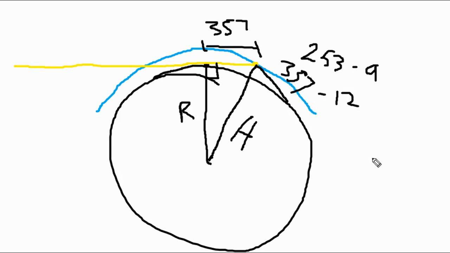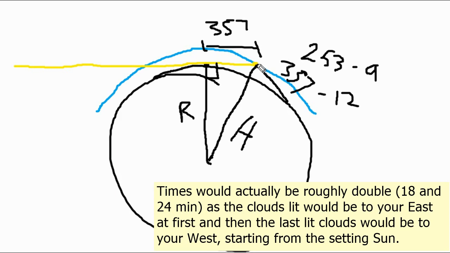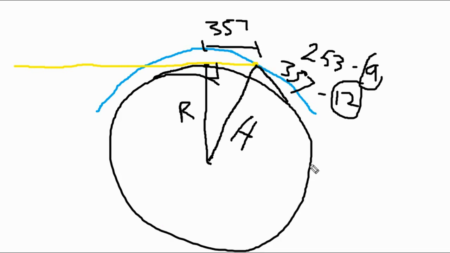In other words, if we are on a spinning ball, for the clouds that you can see, before you can't see them because you've spun away and it's dark, you have 9 minutes, you have 12 minutes. Because this light coming across a spinning ball will only affect these clouds. So, to the answer, why don't we see clouds at night if we are on a spinning ball? This is the answer why. The cloud height is not high enough, therefore not far out enough for us to see. The clouds would have to be out here somewhere for us to be standing here in darkness and see them.